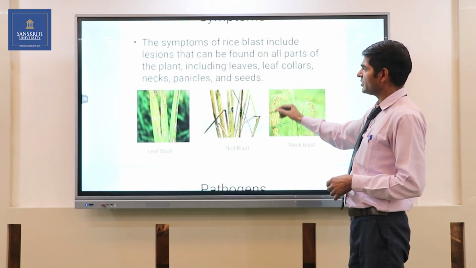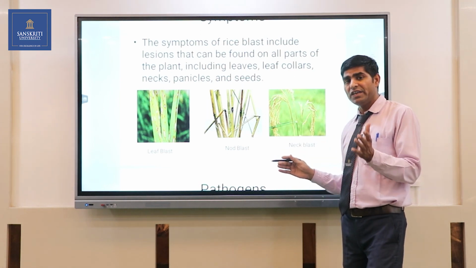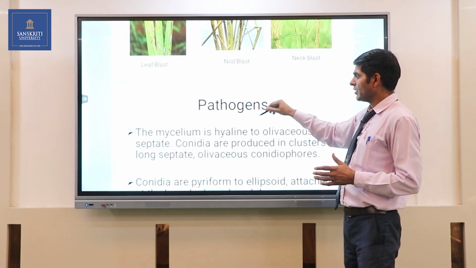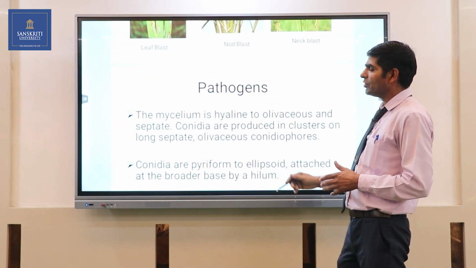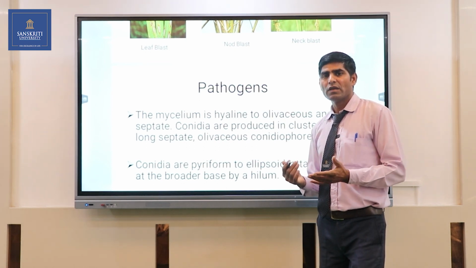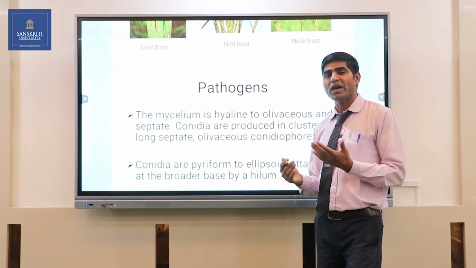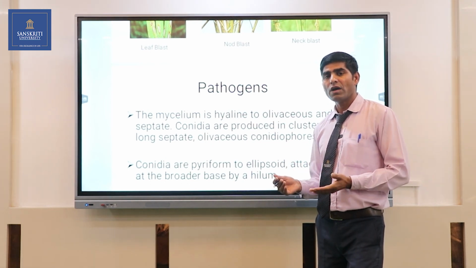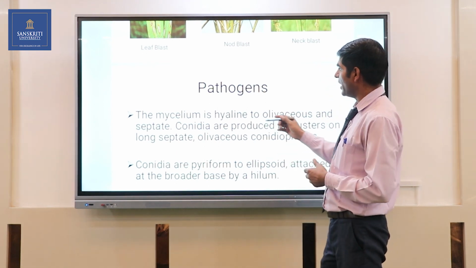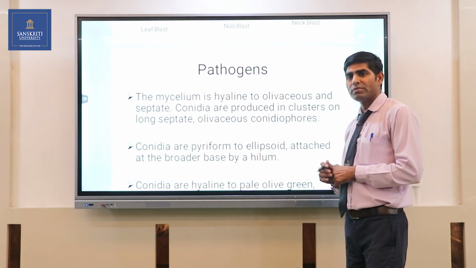So these are some symptoms. On the basis of the symptoms we can easily identify the disease in a rice field. Now we discuss the pathogen. The pathogen is a fungus, and generally it survives in the soil in the form of mycelium, plant debris or spores. The mycelium is hyaline to olive,